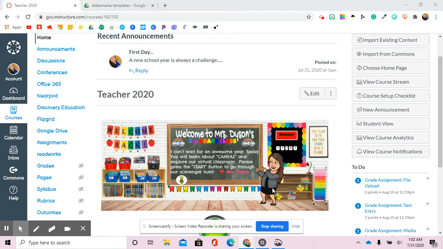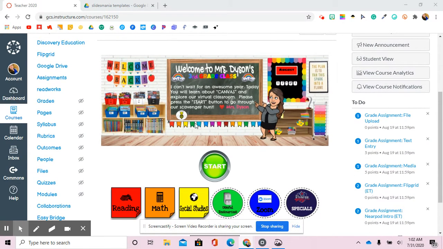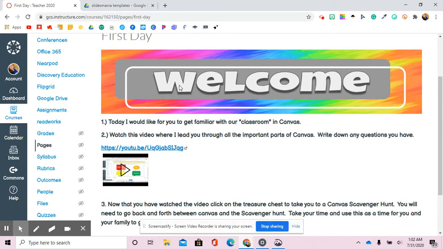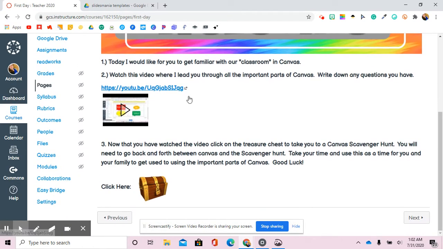Okay, this is a little bit about how I imagine the scavenger hunt going with Slides Mania. Again, I will probably change my mind many times, and things will look different, but this was just kind of in my head where I thought it going. When they got to the welcome screen, I was going to have the start button. Since the first day, I didn't want them going through everything that we would be doing. So they would hit the start button. It would welcome them to our class, and